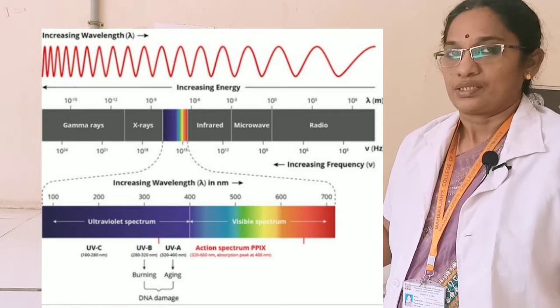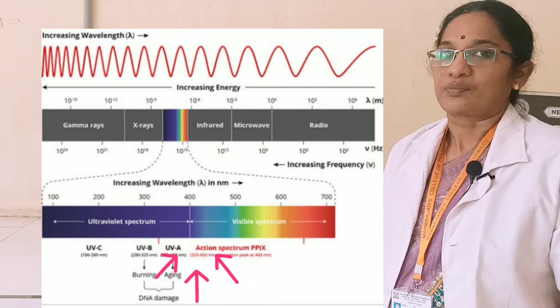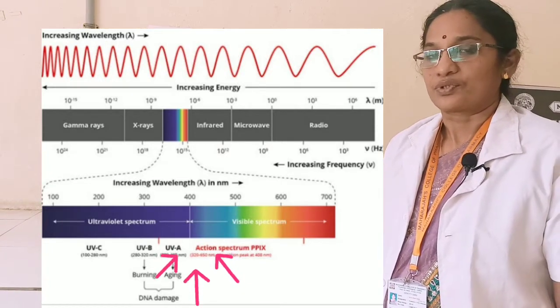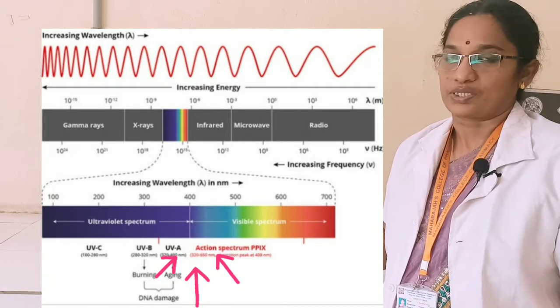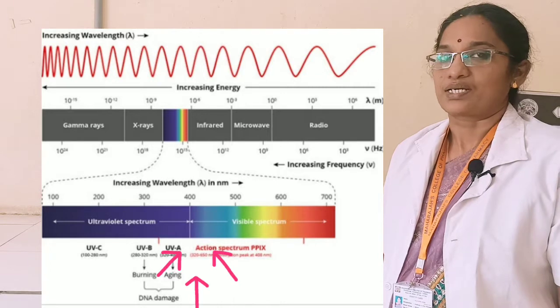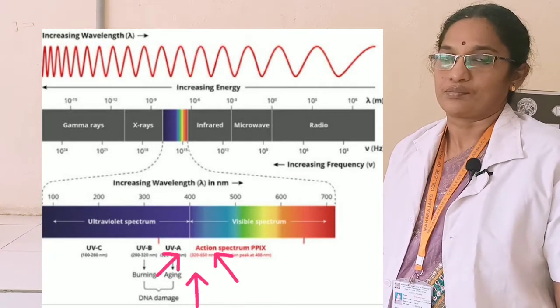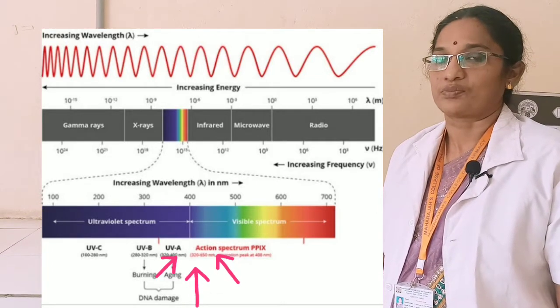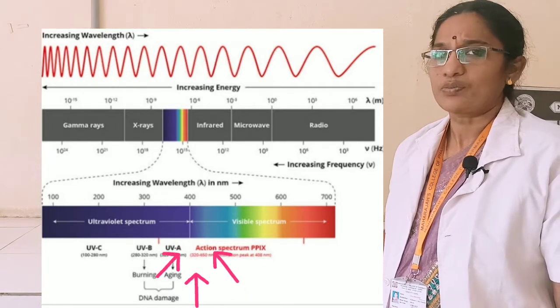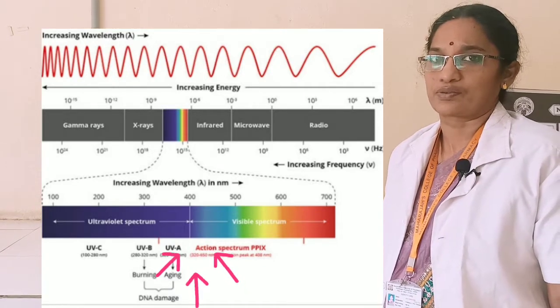interacting with matter. So the visible range of light in the electromagnetic spectrum usually ranges from 400 nanometers to 800 nanometers. So all the drug samples or all the drugs that have the capacity to absorb the light radiation between 400 to 800 nanometers can be analyzed in colorimeter or by using the principles of visible spectroscopy.